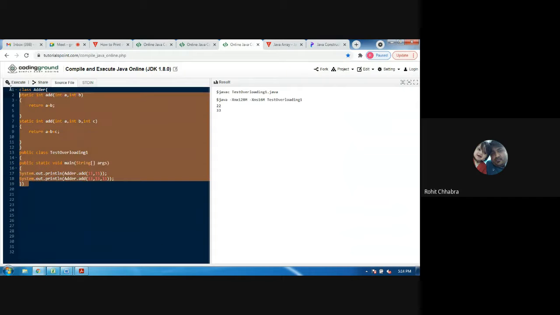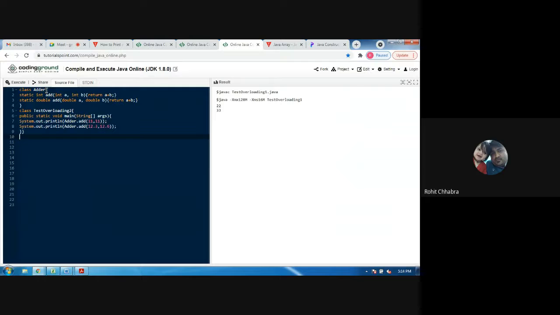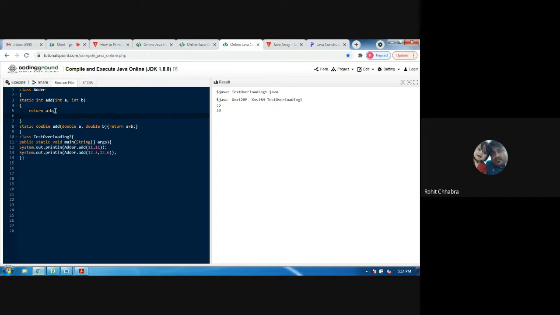See what happened. Same, there is a class Adder. It has a method, that is add. In the first one, we are passing two parameters, a and b, of integer type. It will return a plus b, an integer type value, because in the first method we are taking the return data type as int.